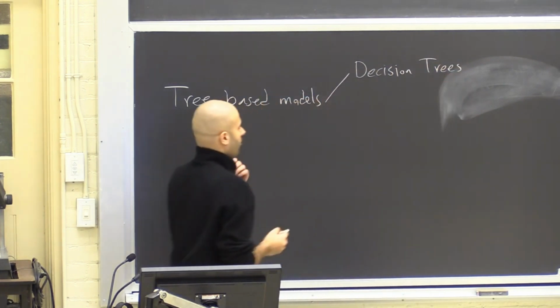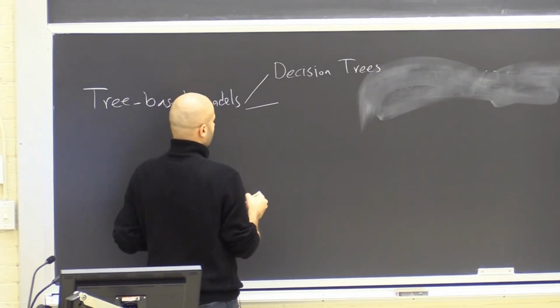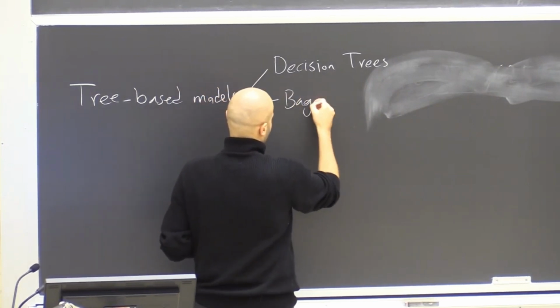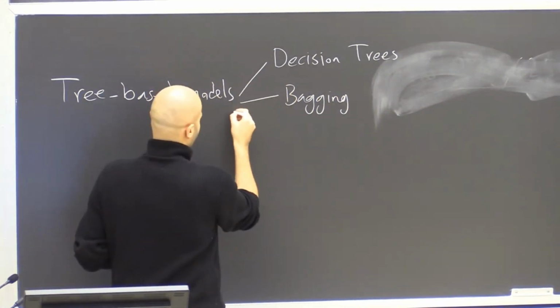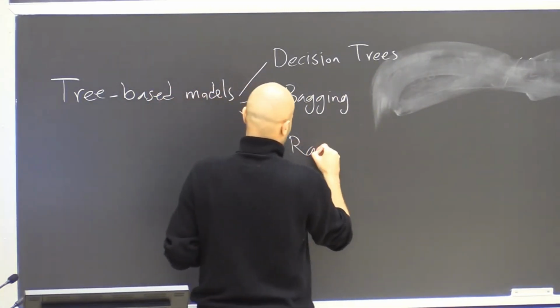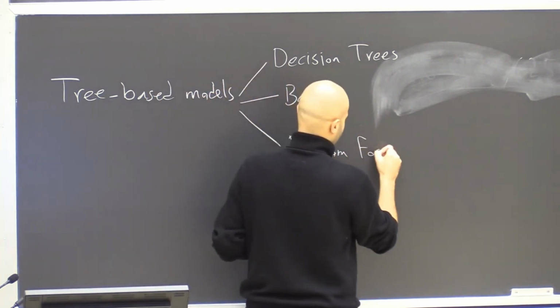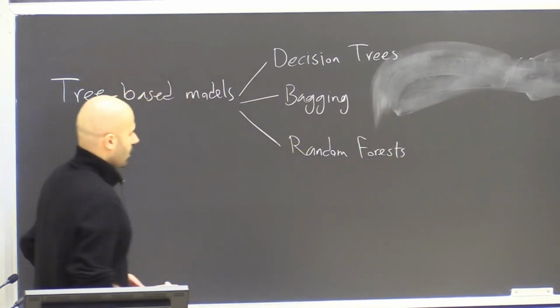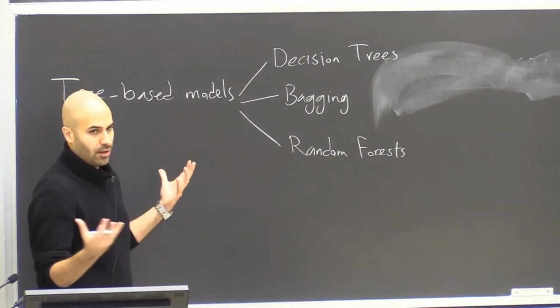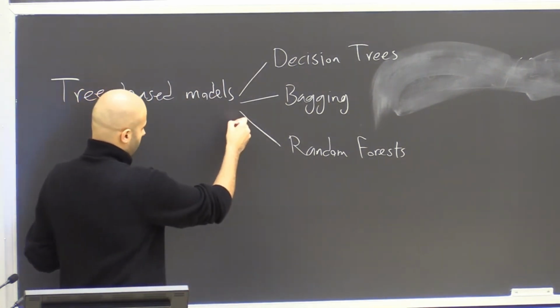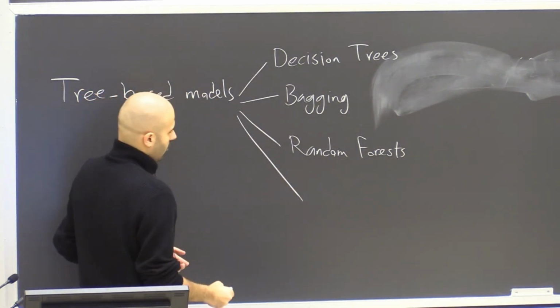I'm sure many of you are already familiar with decision trees from previous courses. Then the idea of bagging or bagged trees. Then we will discuss random forests. So bagging and random forests are ideas for aggregating a number of decision trees to reduce the variance of the predictions. And then we have